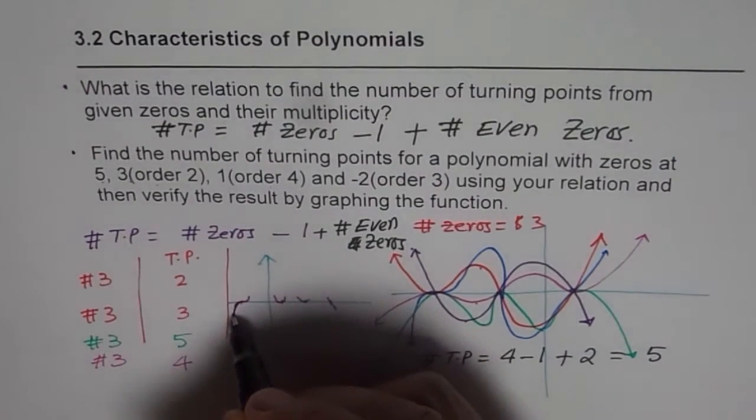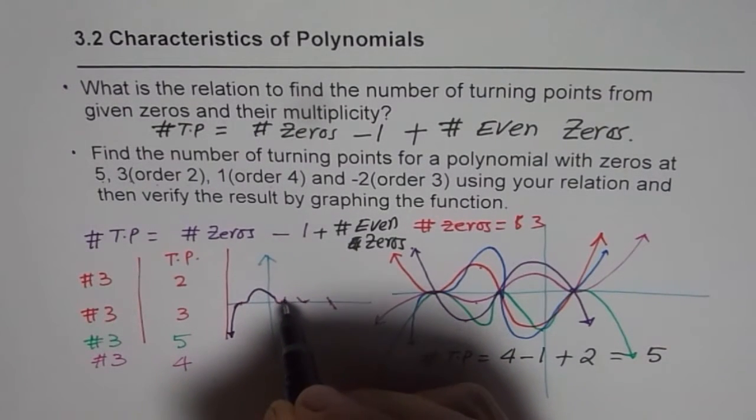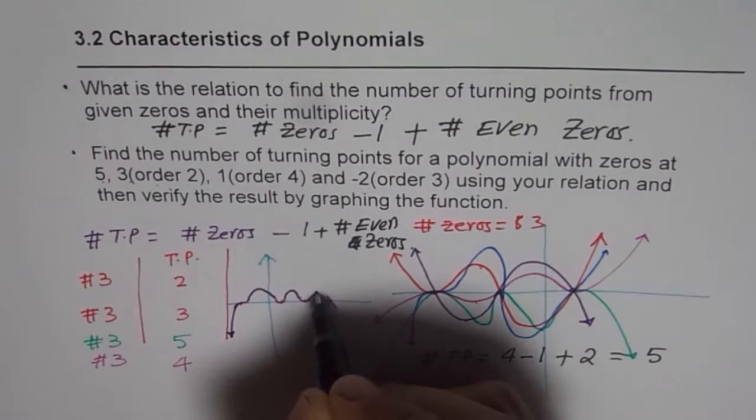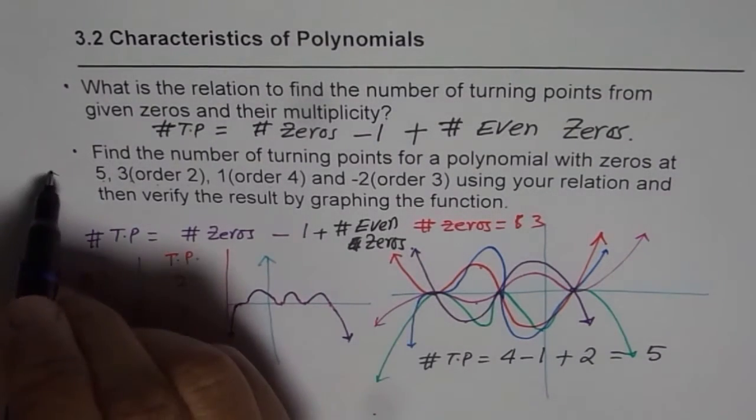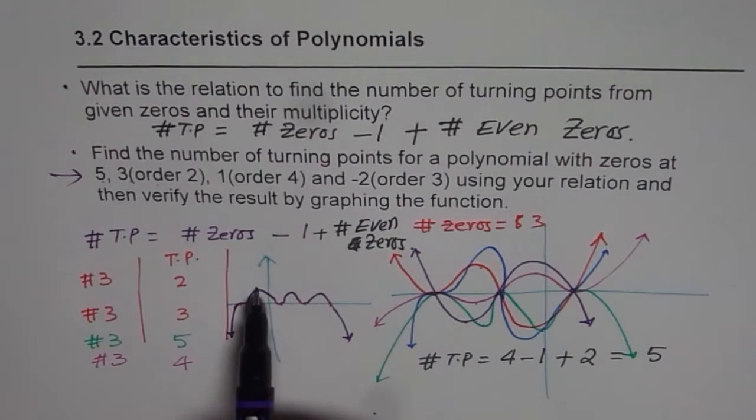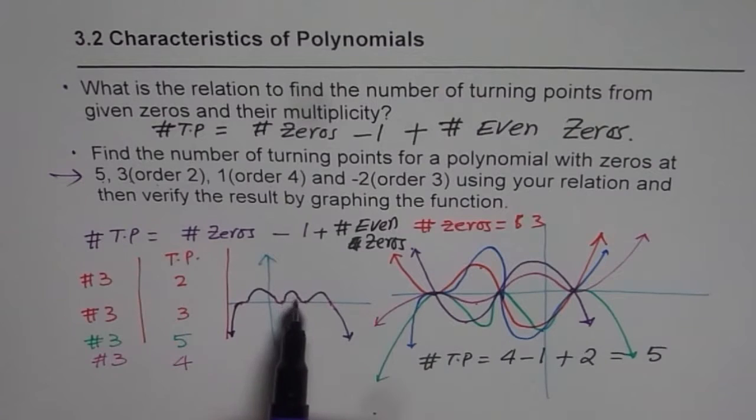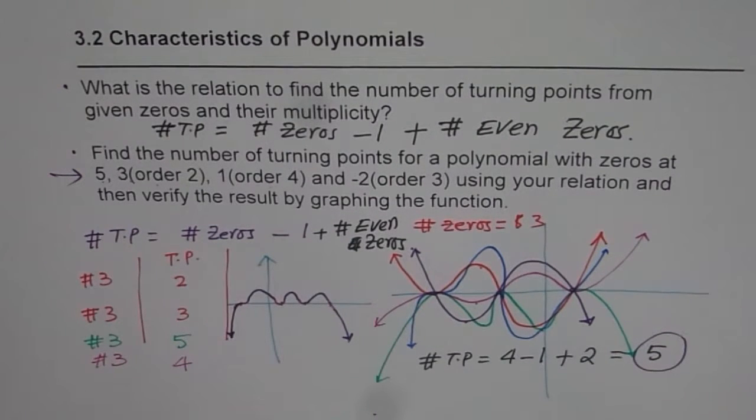So connecting points is so simple. That is it, right? So it goes like this. Do you see that? It goes like this, it goes like this, and like this. So this is the function which describes it. You can count the number of turning points: 1, 2, 3, 4, and 5. Do you see the result? Exactly the same, correct? So now you know that number of turning points is number of zeros minus 1 plus number